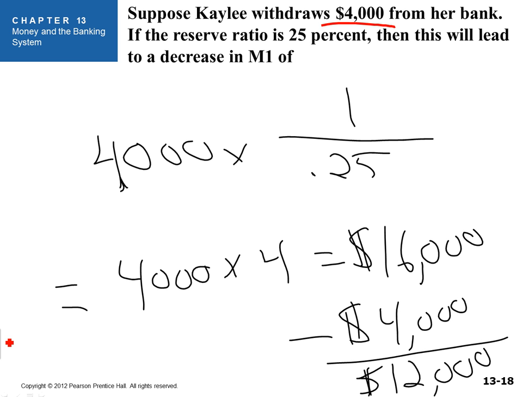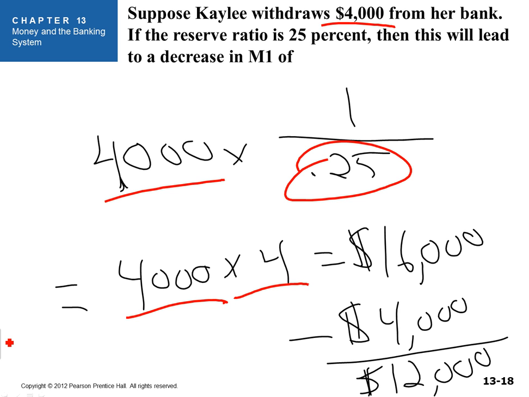So let's see how much M1 would actually decrease if she took out $4,000. Well, $4,000 times the required reserve ratio of 25% would mean that the total money in the money system that could be possible would be 4,000 times 1 over 0.25, which is the same thing as 4 times 4, which is $16,000. So if she takes out her $4,000, then the banking system loses the $16,000